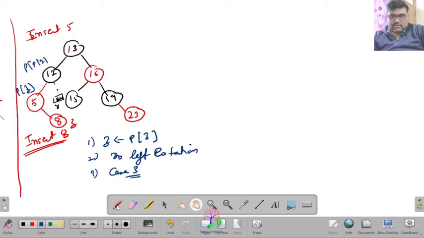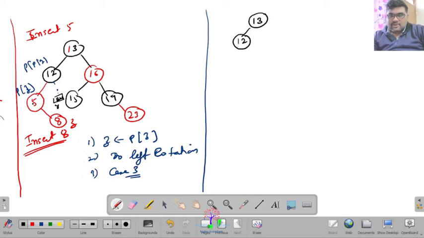So if you go for that in this way, then what will we make? It will be like this. 13 is as it is, 12 is as it is. Now 5 becomes Z. First step, then take the left rotation.